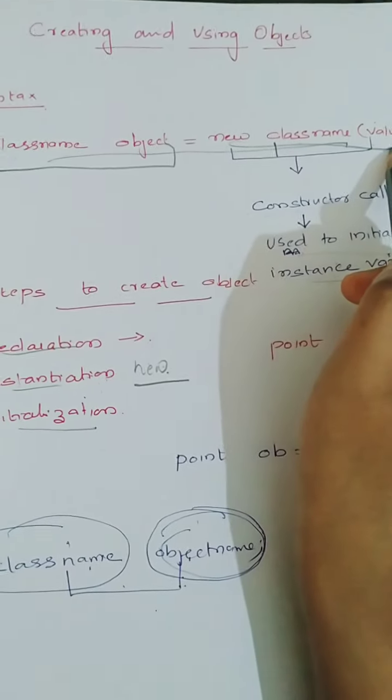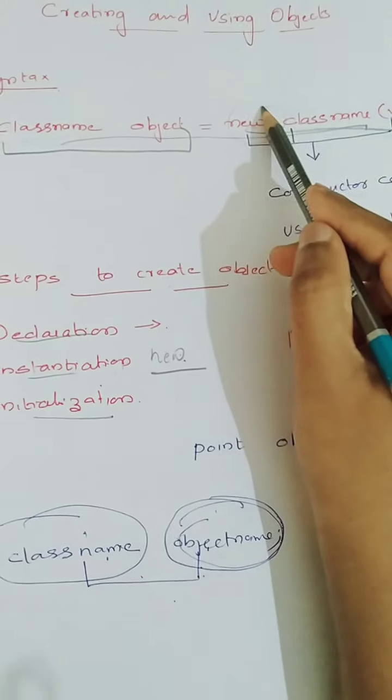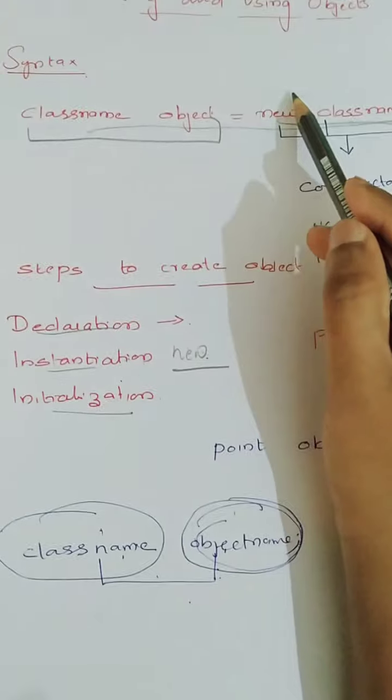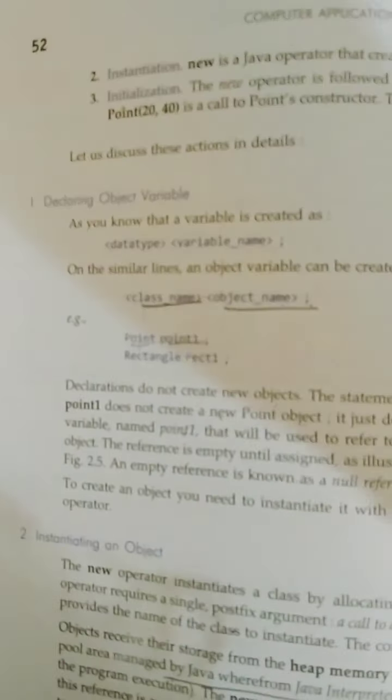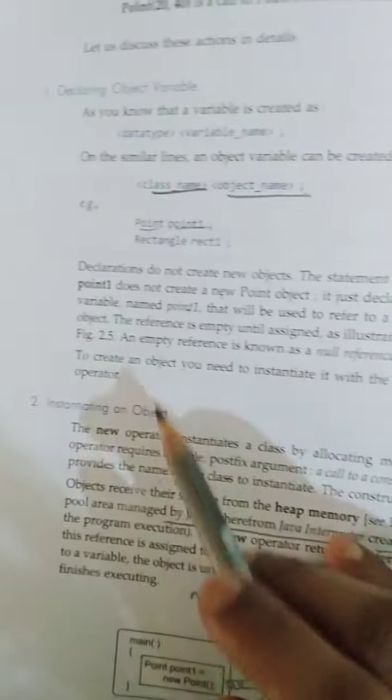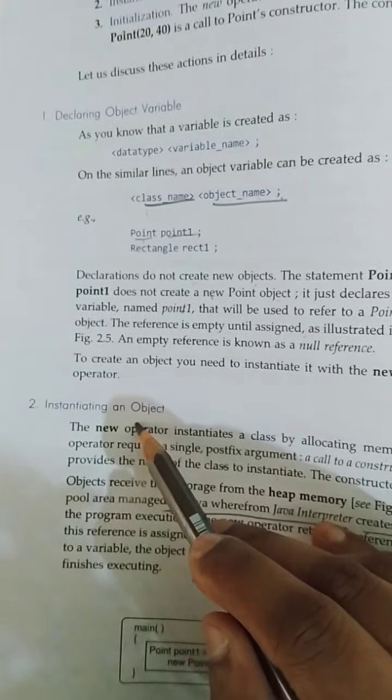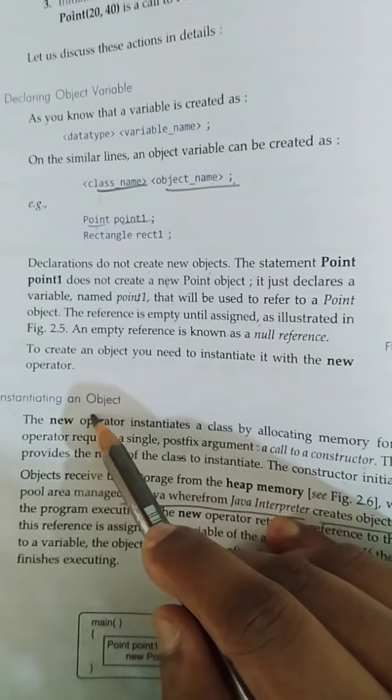Call is this one. Okay, so by using the keyword new, you will create an object. For that, a new memory will be allocated for the object. So declaration does not create an object, it just declares a variable with its class type as an object. Instantiation means creating an object by using the keyword new.